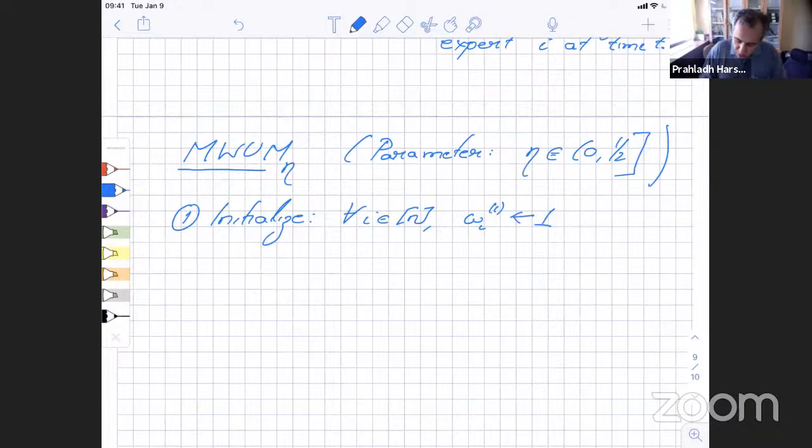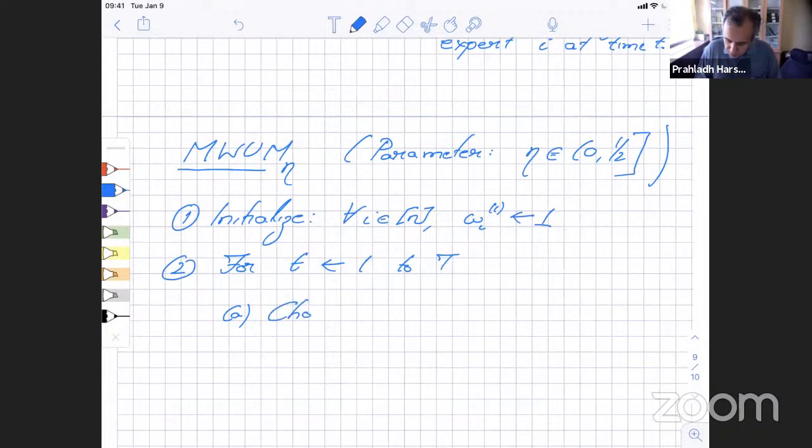Now we work for each time step, for t going from 1 to T. You choose a decision i according to the probability distribution